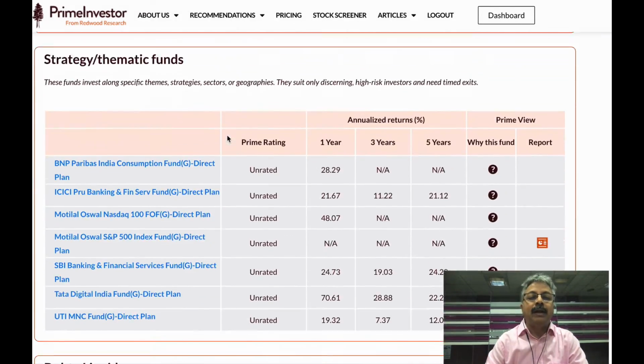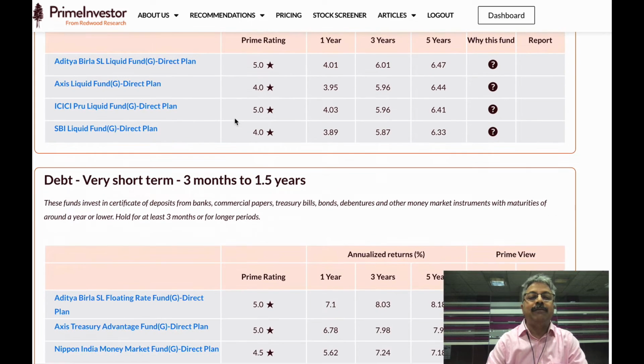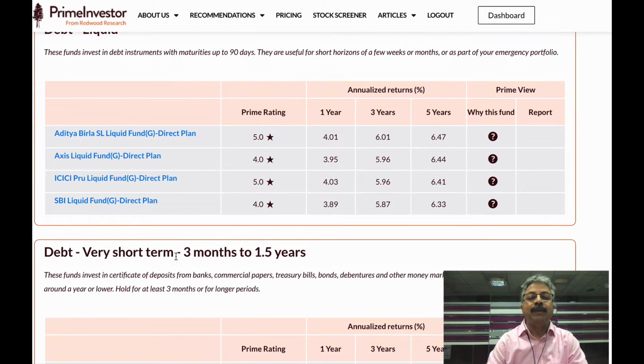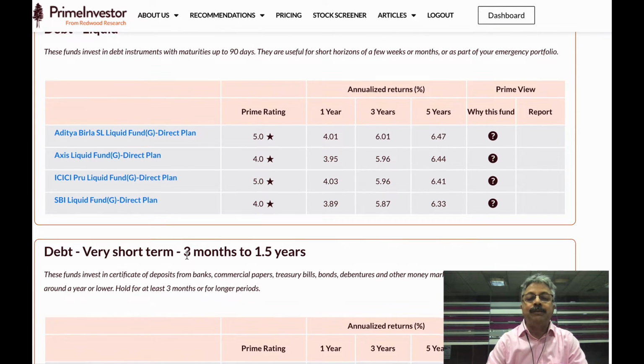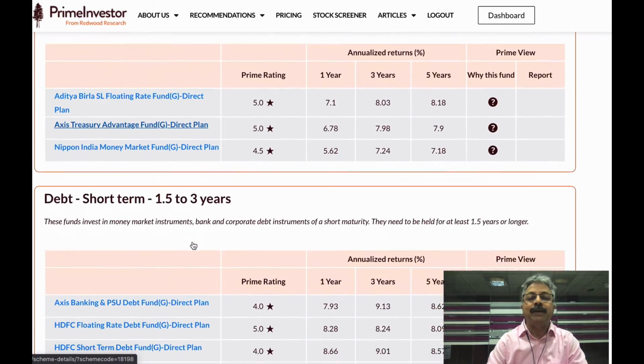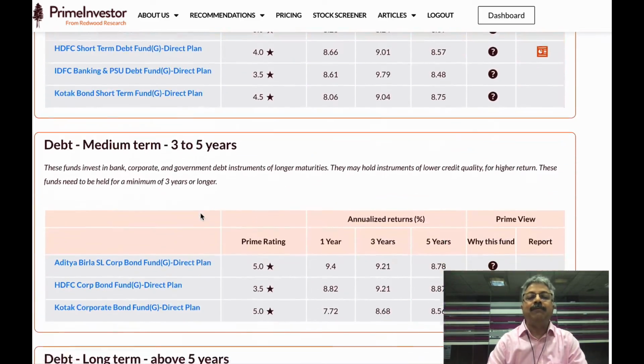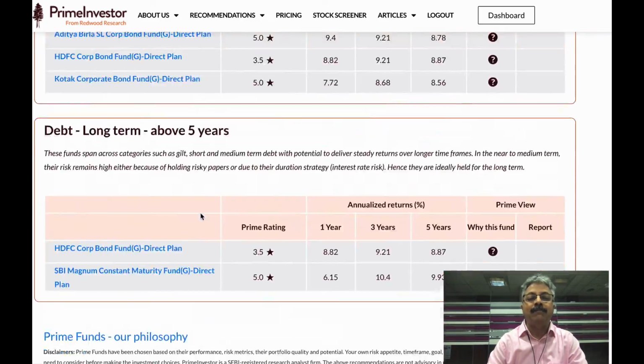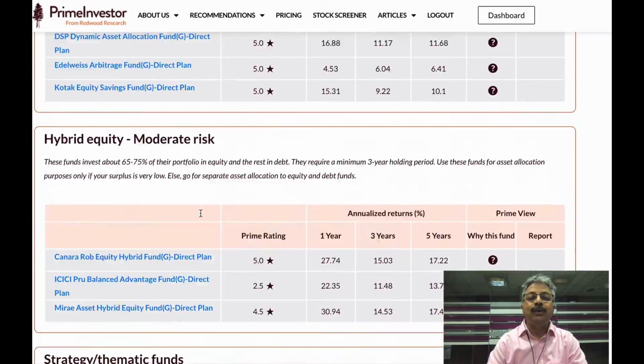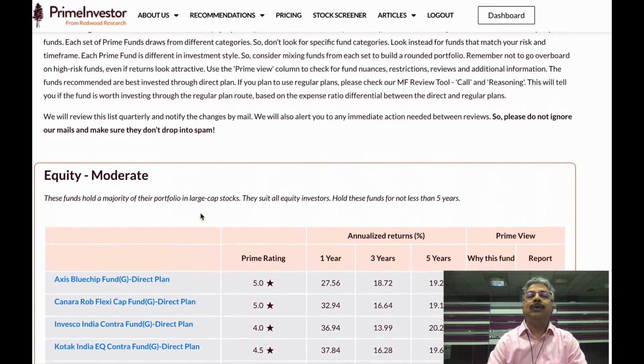So for different purposes, when it comes to debt, for example, we go with time frame. What debt funds you should be using for a 3 months to 1.5 year time frame, for short term time frame, for medium term time frame, for long term time frame, and so on, right? So you can put together your own